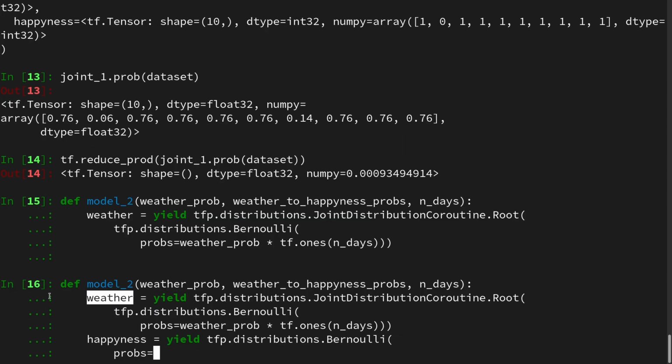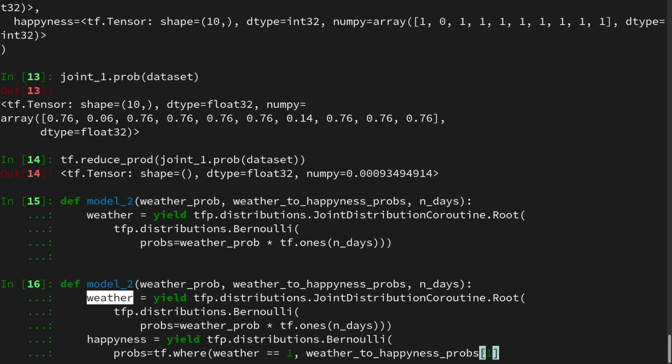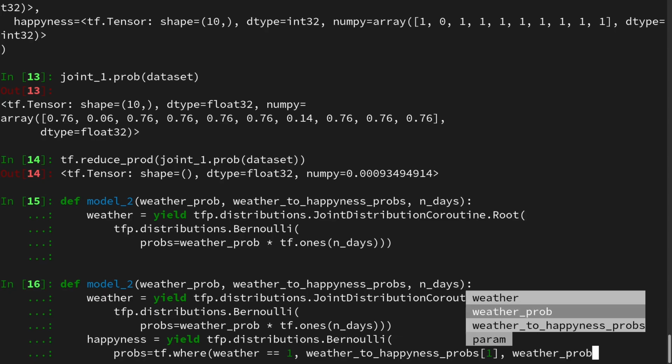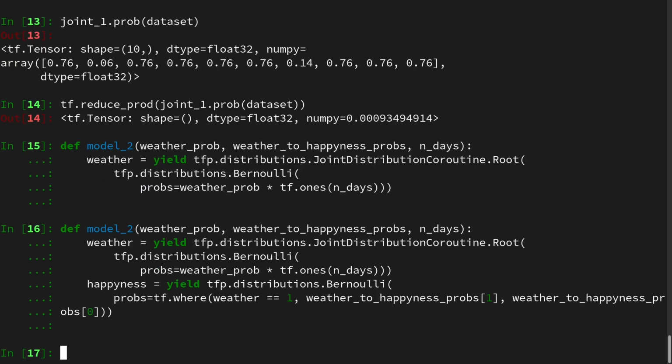So we need some sort of a command here, and the command is called tf.where. And we will check on the vector of Bernoulli drawings and say we check where the weather is 1, or where the weather is good, and where it is good, then take the weather to happiness 1, so take it at the good weather, and if it is not the case, then take it for the bad weather. We will close it down, and then we have our second model,